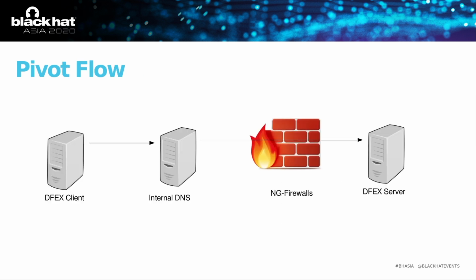How the tool will work, that I'm going to show you, is from the client point of view: you want to exfiltrate data to a server on the internet, right? But you don't have access directly to the internet. So what we're going to use here is the internal DNS as a pivot. So the client internal in the network will send queries to the internal DNS, like a Microsoft AD or whatever you have. And then the internal DNS will actually be the one sending the traffic. So bear in mind, this is the way that we want to send traffic. We're not going to send from client to server directly.